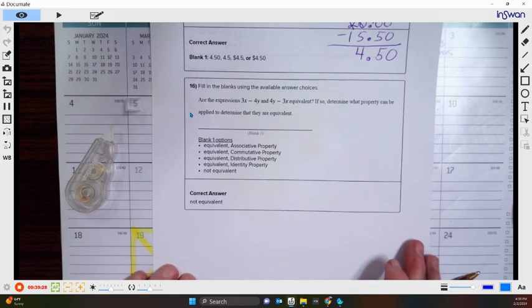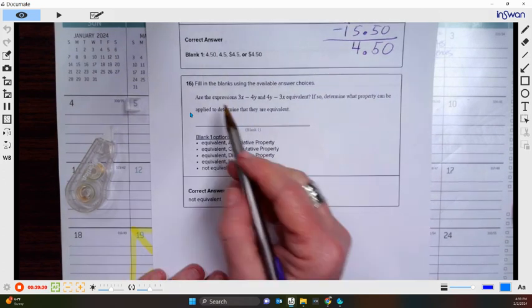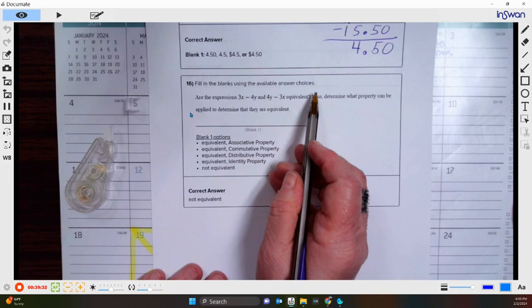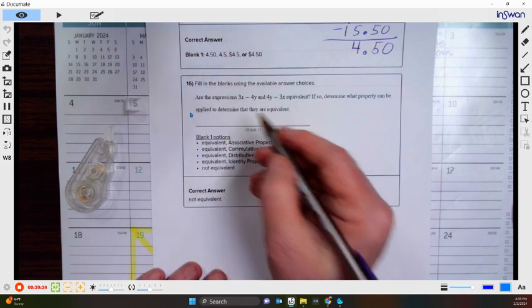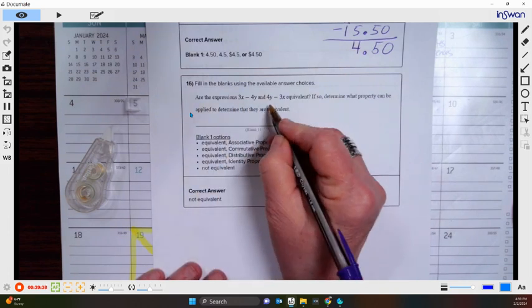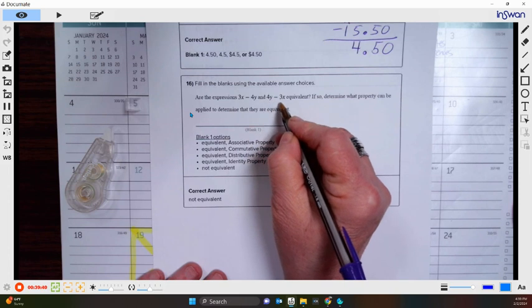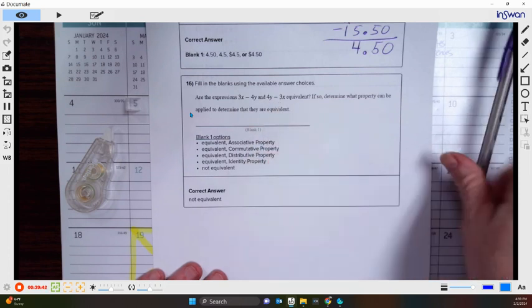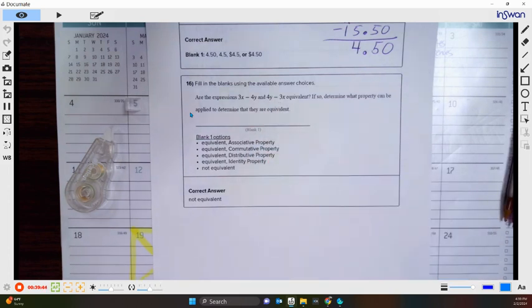Okay. And number 16, we're almost done. Number 16 is fill in the blanks using the available answers. Are the expressions 3x minus 4y and 4y minus 3x equivalent? If so, determine what property can be applied to determine that they are equivalent. All right, so when I look at this,